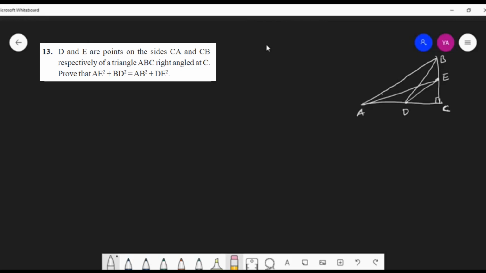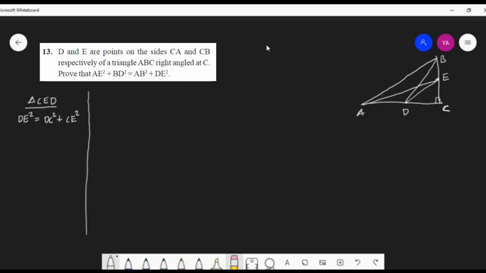Then applying Pythagoras theorem in those right triangles, I think we can reach this result. So first I take the small right triangle, the third one I have drawn, the right triangle CDE. Apply Pythagoras theorem in right triangle CED. What will come? In the question it is D, so better you write D. DE square is equal to DC square plus CE square. We will apply this in the last part.